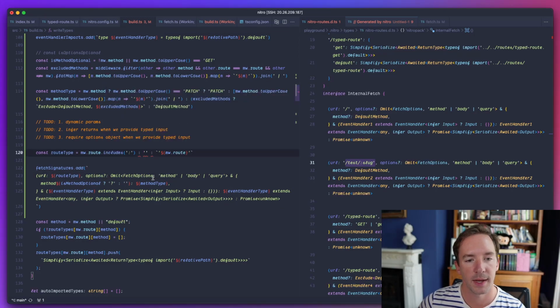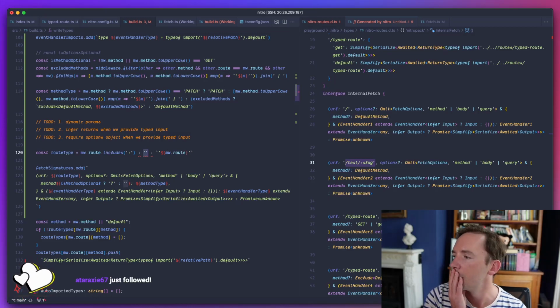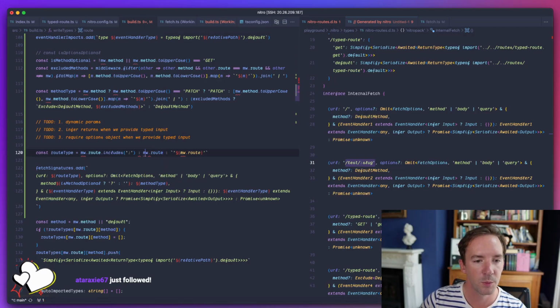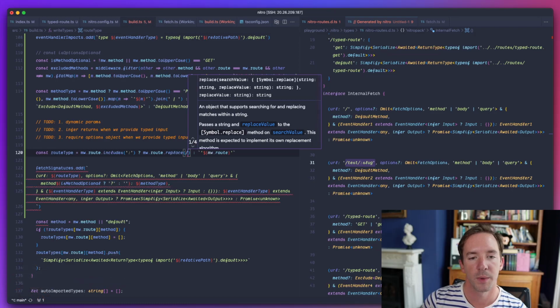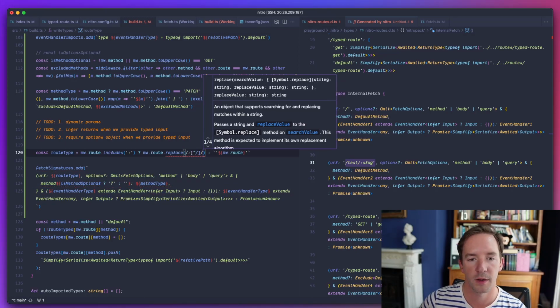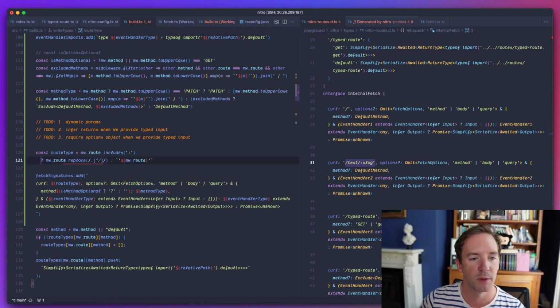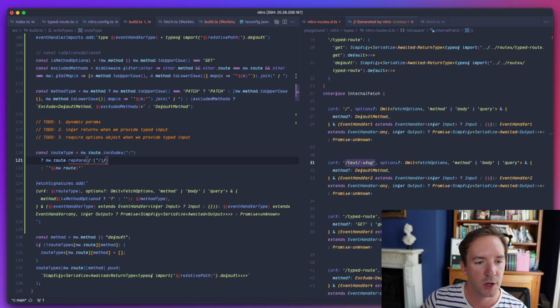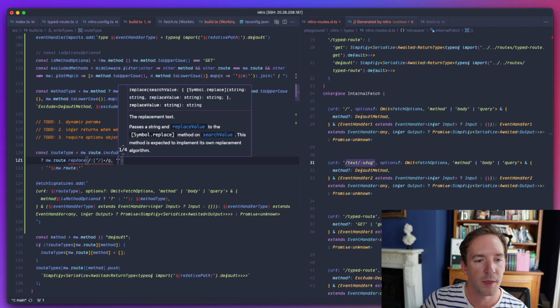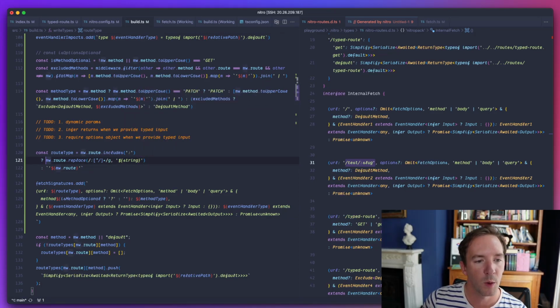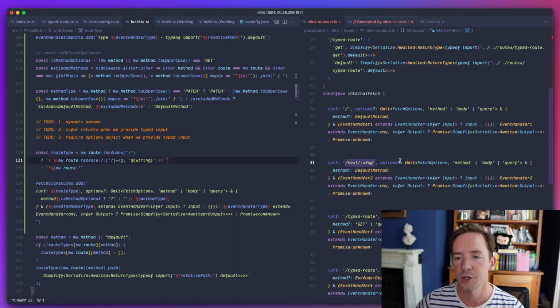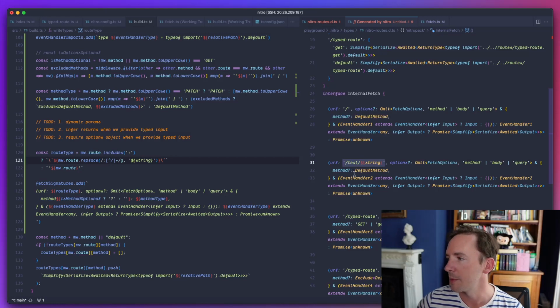If it has a dynamic parameter, then we will basically need to swap it out. So we can return the root, replaced with every colon, and then something that isn't dividing the root. I'm going to have to improve this in a second because we need to match multi-level, but I'm doing it piece by piece. We're going to replace every chunk like that with that code, and then we are going to wrap the whole thing in type literals. So I think if I do this, it should generate, ta-da, a template type for me,